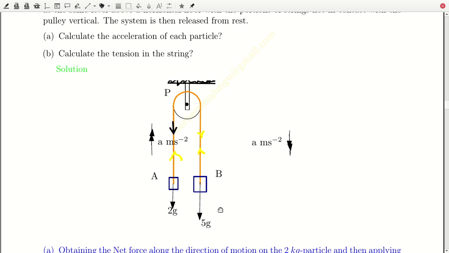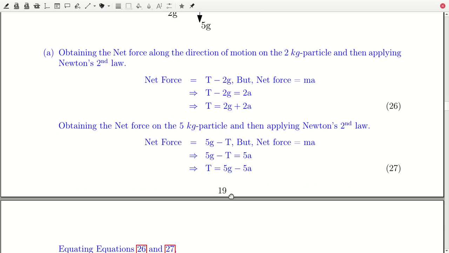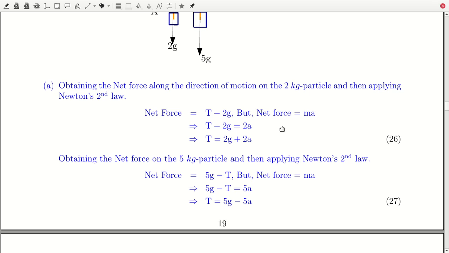so that the net force here will be T minus 2g, and here the net force will be 5g minus T. So if we get the formulas for each of those particles using Newton's second law, for the first particle it is T minus 2g equals 2a, and the second one will be T equals 5g minus 2a. So our work is simple now. So what we need to do is to solve equations 26 and 27 simultaneously using whatever